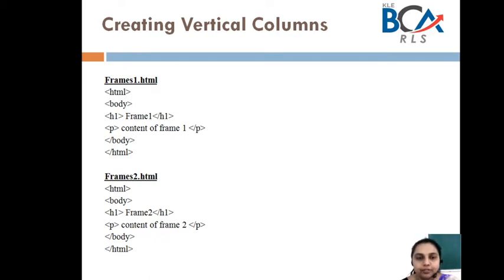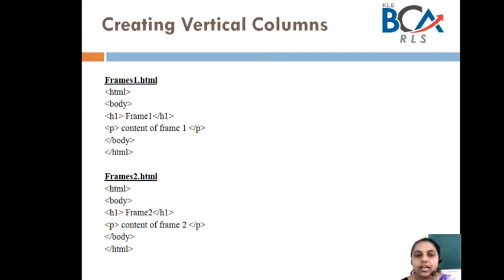That's it. Okay. Not necessary you have to write the same thing. The file could be anything. It could be an image file, it could be a text file, it could be any animation running. The content does not matter here when you are writing. The most important thing is the way you specify the source. So you can use any content. For simplicity, I have just used one heading tag and one sentence, content of frame 1. Then I have closed the body tag and then HTML tag.